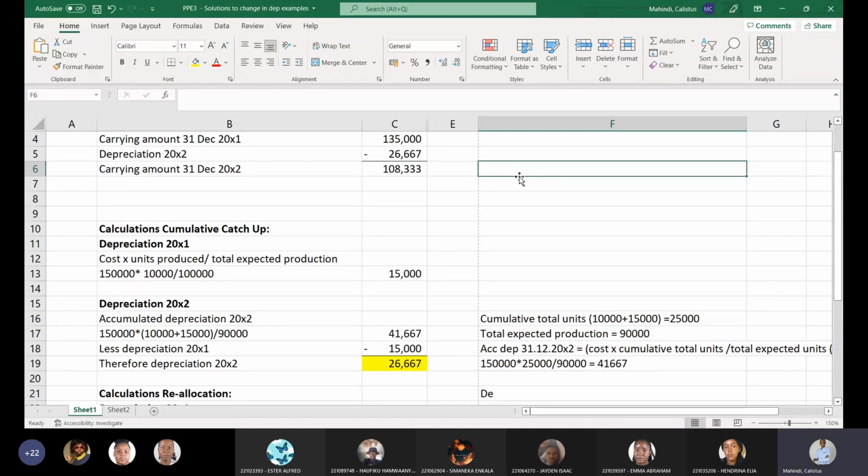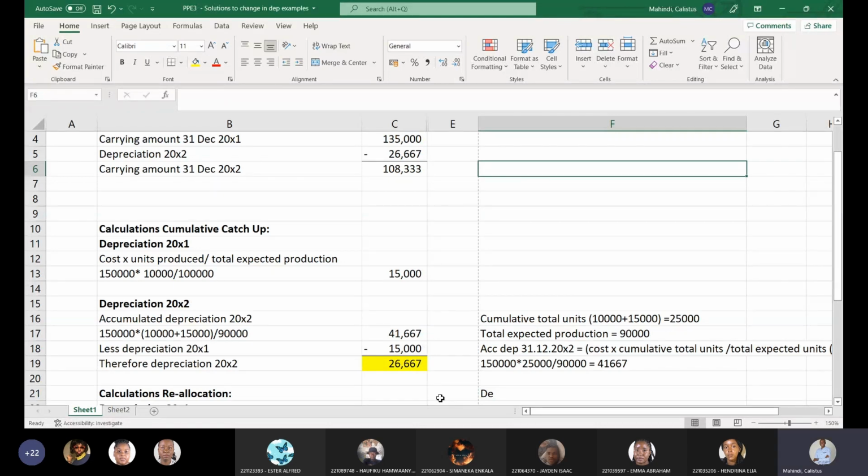so again, remember when I asked you what is the definition of cumulative? Let me go back to the chat. There was a good definition that was provided in the chat that said increasing in quantity by successive addition. Okay, or the collective value. Oh, okay. So if you're looking at the cumulative catch-up method of calculating depreciation,